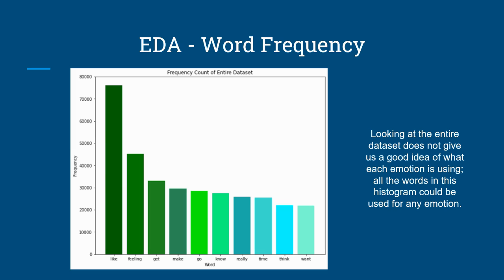Next, we can take a look at the top 10 most frequently used words in the entire dataset. As you can see, most of these words are not really descriptive and do not match any emotion very well. In fact, this is the case for every individual emotion. For that reason, I elected to look at the top 11 to 21 rather than the 1 through 10 here,